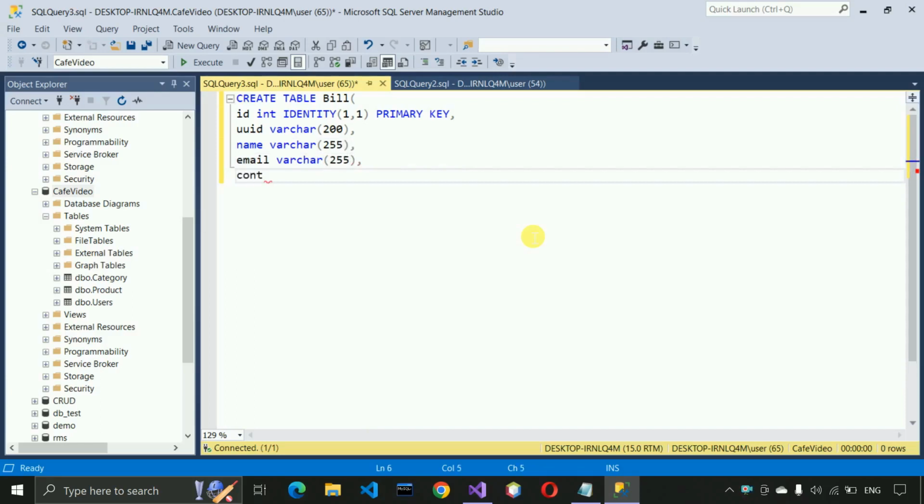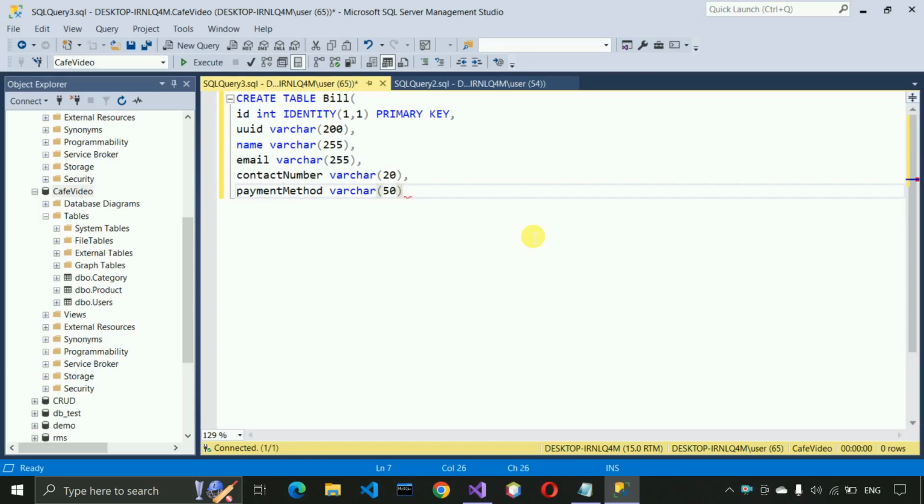Contact number varchar 20, and the payment method we also need to store, that will be while we are generating the bills, so it should be of 50